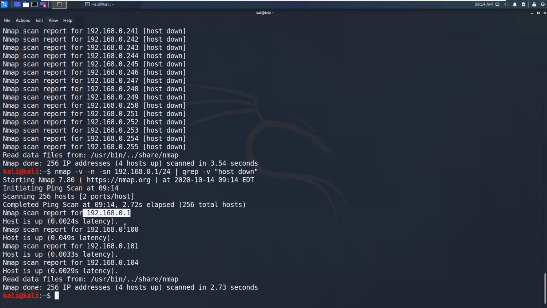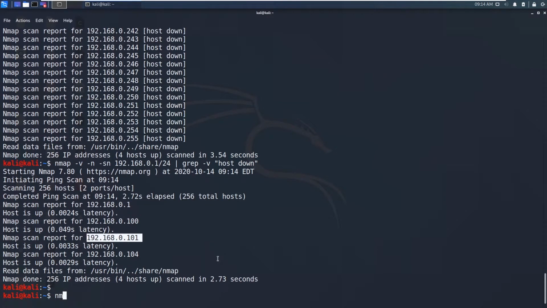So this is my router, and this is my phone, this is my Kali Linux machine, and this one may be the Metasploitable 2. Let us check this one.